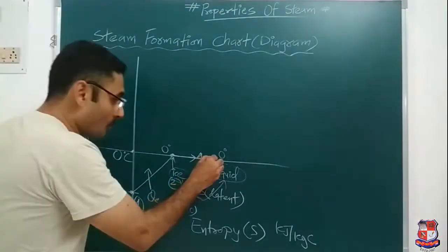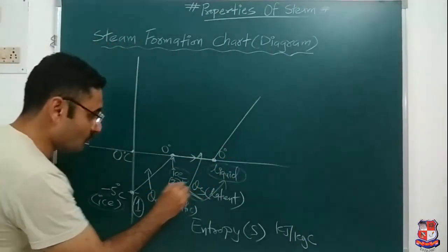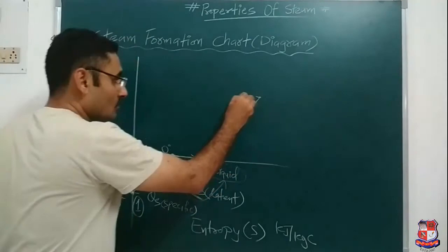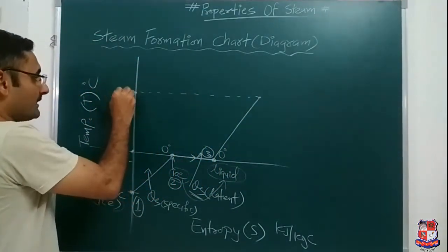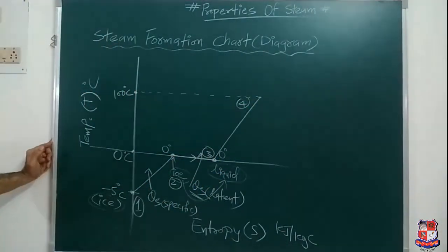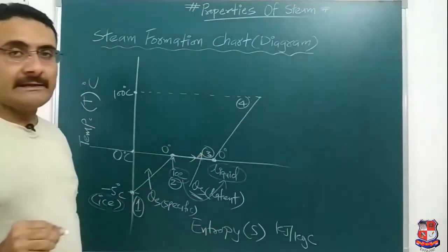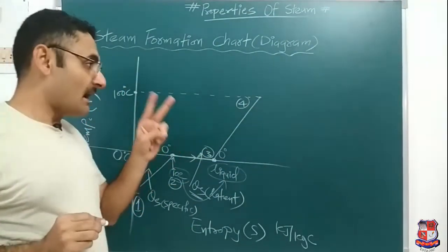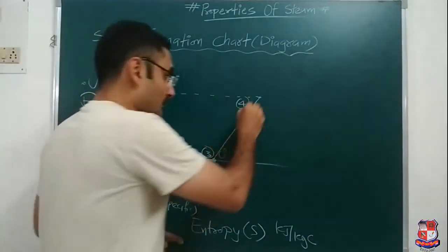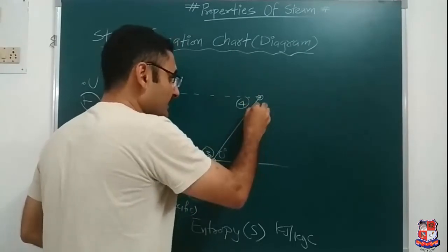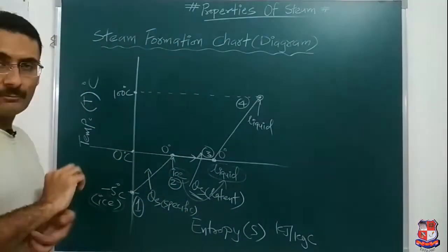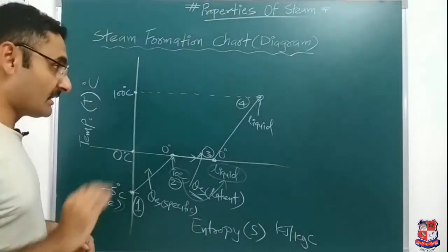Now after that, you supply more heat. Point number 3, more heat you will supply, so its temperature will become, suppose over here I indicate 100 degree centigrade. That means at point 4 its temperature is 100 degree centigrade. Now at 100 degree centigrade, there may be two things: either it will be liquid or it will be vapor. First, I will consider that at this point liquid is present at 100 degree centigrade. Still it is not boiled, or still it has not changed its phase.